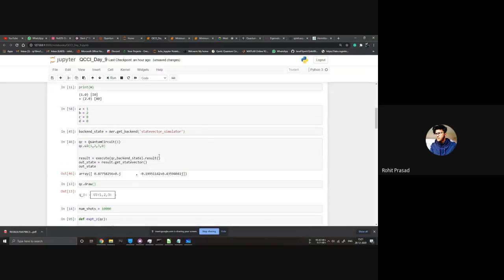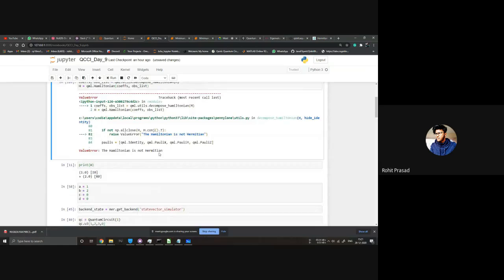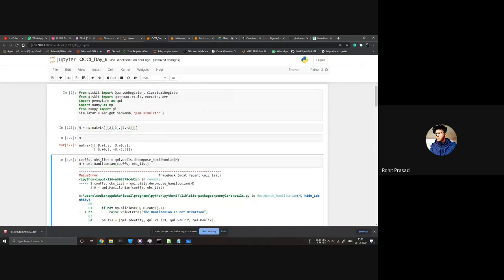I don't know why it's showing some error. The Hamiltonian is not Hermitian. No, because the conjugate will be minus 2j, 3, 2j, and if we take the transpose, it will not work. I just took the transpose. It should be transpose and 3j conjugate, minus 3j, 2. So this one should not be A. So what do you want? 3j and minus 3j, 2.